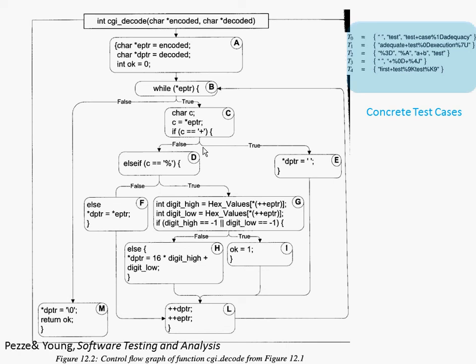So the first one in T0, any of these will do, I believe. Yes, any of them will do. The last one is like Wei-Zhong's in the sense that it tests all the states together. You could come up with this complicated string as a URL, and it would test all the states. Or you could test one with an empty string, one with the word test, one with the test plus case,